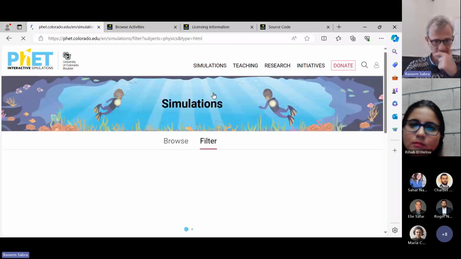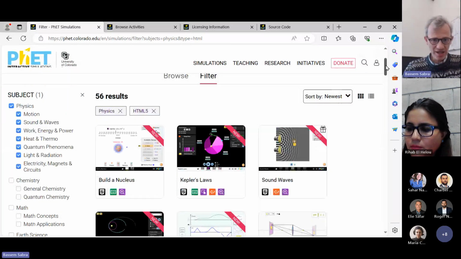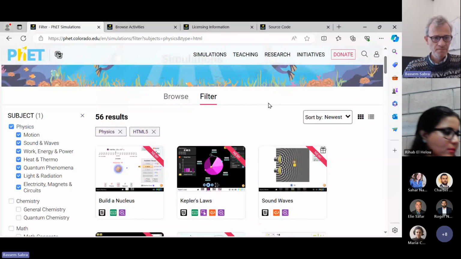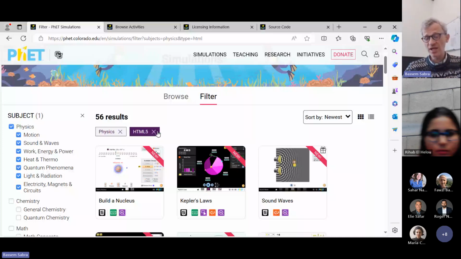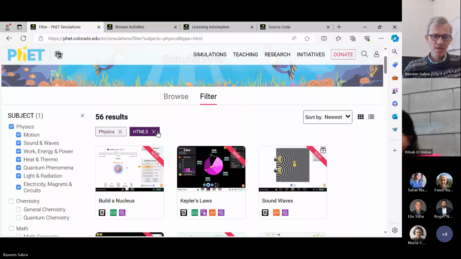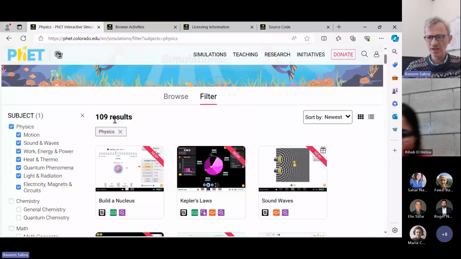So here's physics. It contains a lot of simulations, about 56 in various fields: mechanics, quantum mechanics, electricity, light and optics, and stuff like that. Now, recently, over the last several years, they have been upgrading their simulations to be HTML5. Before, they were mostly Java and JavaScript, or Flash and stuff like that. They have almost 100, but for the ones in HTML, it's about 56.